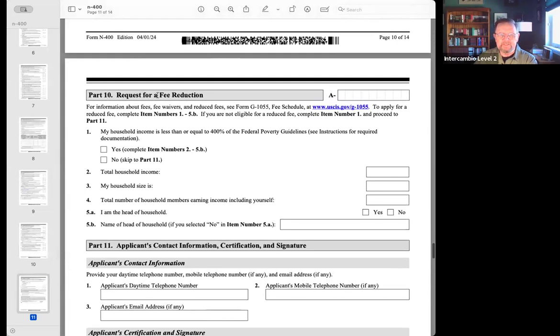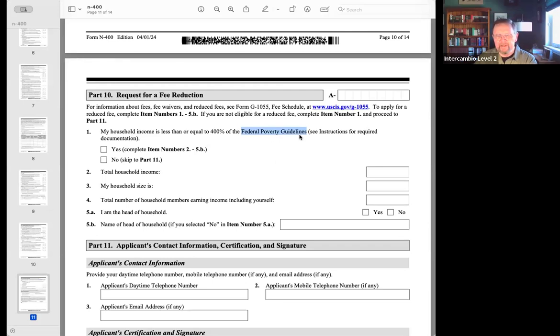Part 10 is this request for fee reduction, and this is based on your household income and how it applies or falls with the federal poverty guidelines. And the federal poverty guidelines, I gave you a link where you can go and look them up in the handbook. And I'll go over the fees in just a little bit and confirm that. But the federal poverty guidelines,